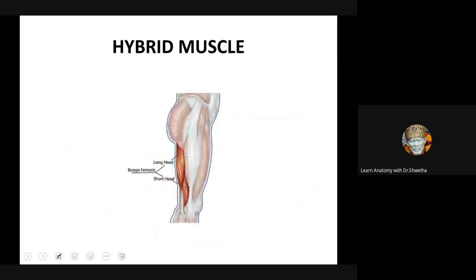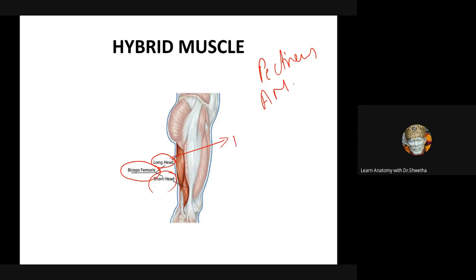Okay. Now, there is one more hybrid muscle. By now, we discussed that pectineus is a hybrid muscle. We discussed that adductor magnus is a hybrid muscle. I will introduce one more muscle, that is the biceps femoris. Biceps femoris is also a hybrid muscle because it has two heads, long head and short head. Long head is a hamstring component and as a rule it will be supplied by tibial nerve. Short head will be supplied by common peroneal nerve. That is why it is a hybrid muscle. Clear, students? So what are the 3 hybrid muscles you know by now? Pectineus, adductor magnus and biceps femoris.